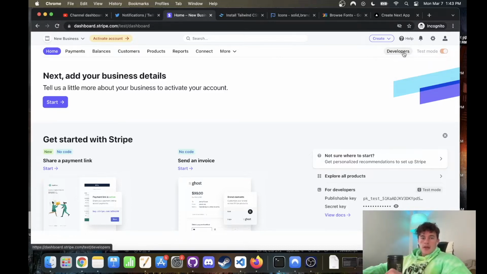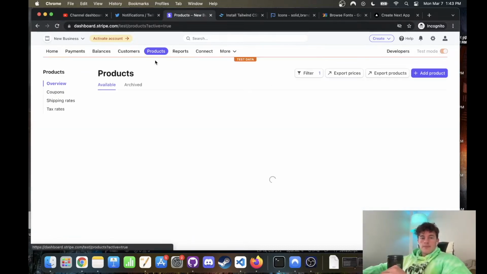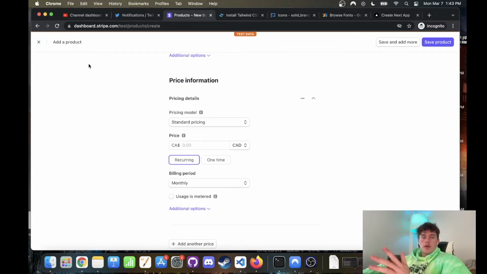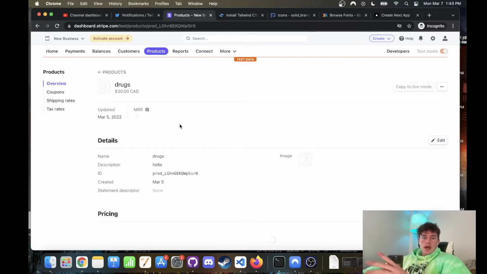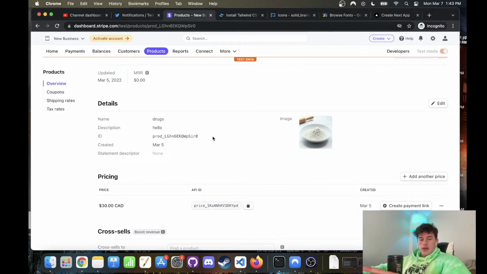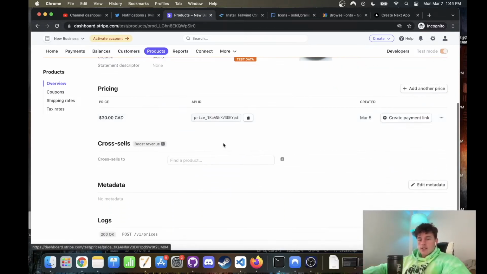But we're just going to start off going to the products tab and make our first product. So I've already created mine, but basically what you do is you add product, put in some basic information, one time or recurring, however you want to do it. This is my one, so it's just drugs. You get your drugs, it's $30. Obviously I do not condone the selling of substances,